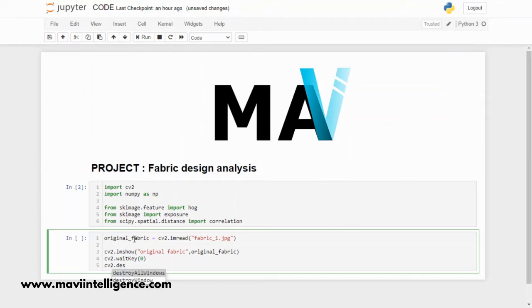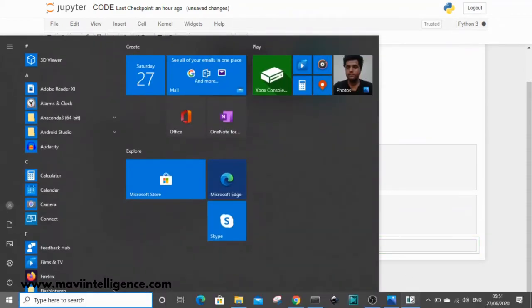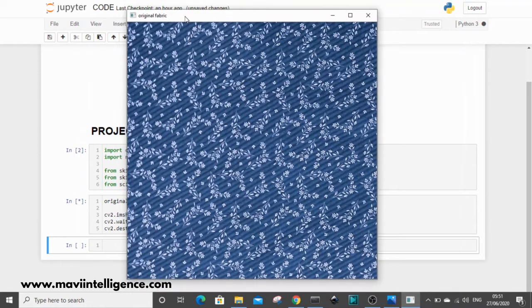Last, destroy every panel. Let's run this. So we got our original fabric image.